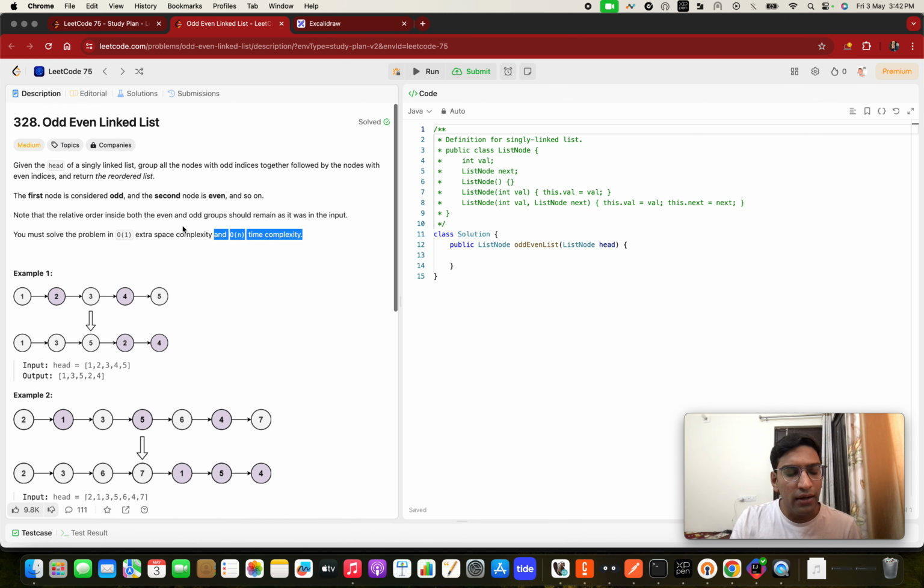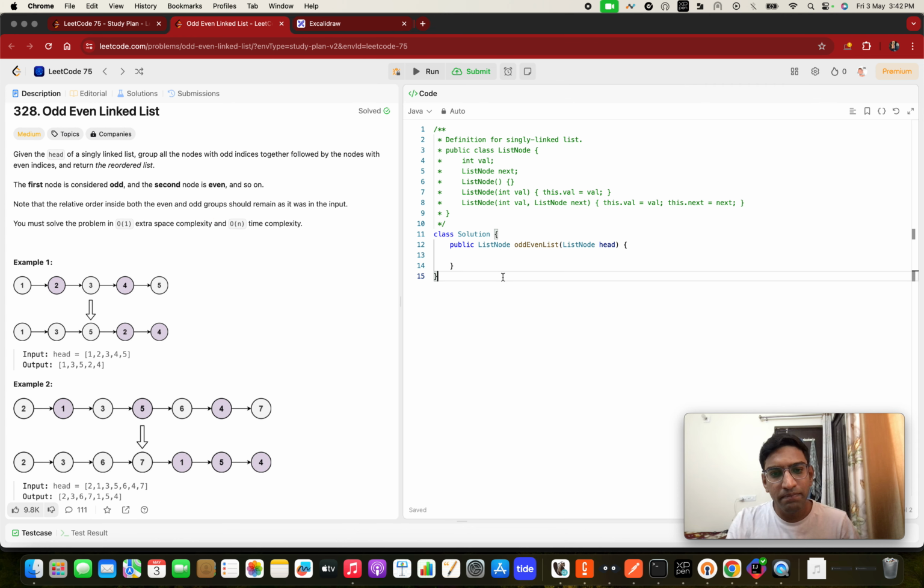We have been given a linked list 1, 2, 3, 4 and 5. If numbering starts from 1, this is the first index, this is second, third, fourth, and this is the fifth index. So we need to put the odd indexed nodes first and then the even indexed nodes second. What are we going to do? Put the odd indexed nodes first: the 1, 3 and 5 indexed nodes come first,